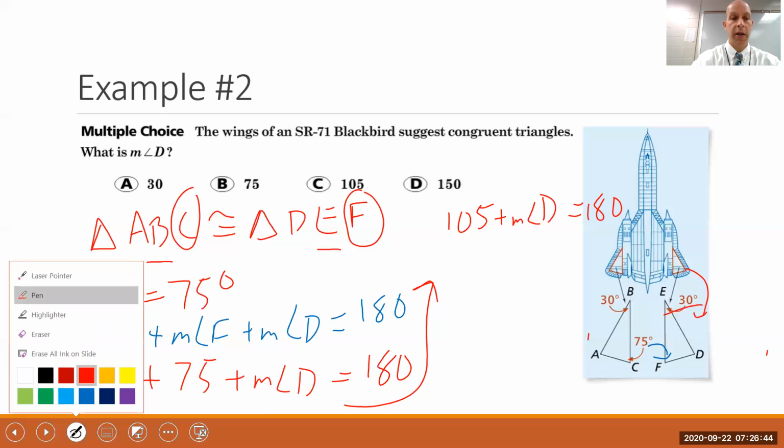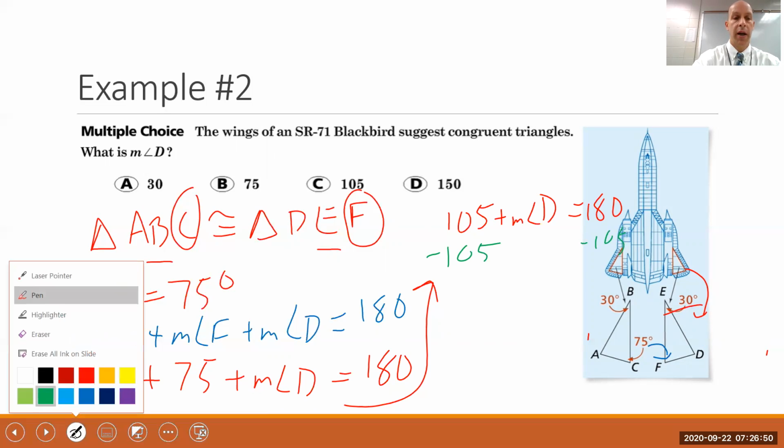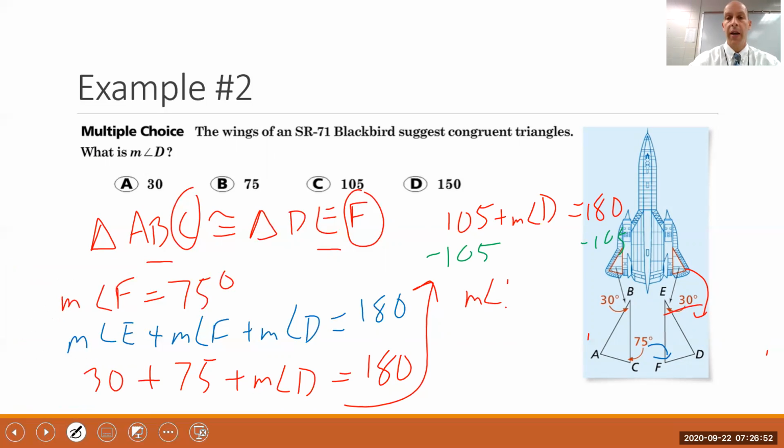And then, of course, I'm now going to just subtract 105 from both sides, and it looks like the measure of angle D is 75 degrees. So it turns out that angle F and angle D look like they are